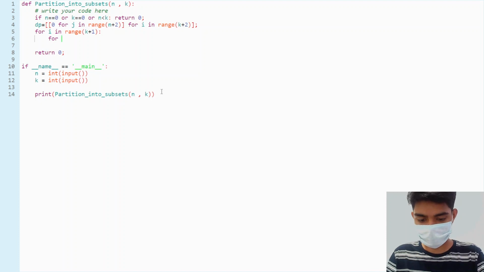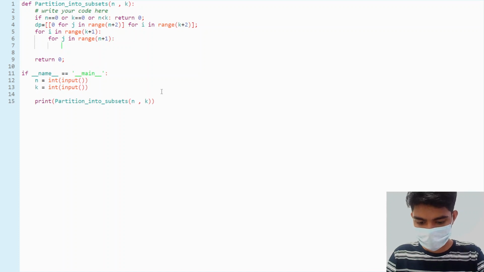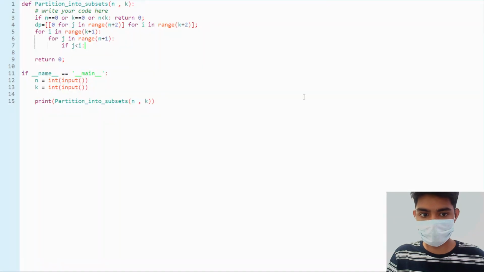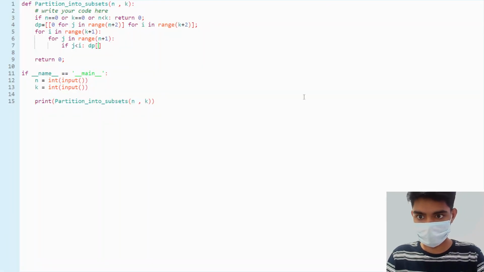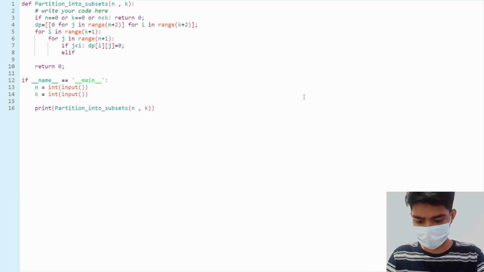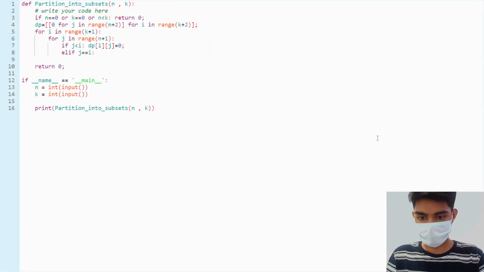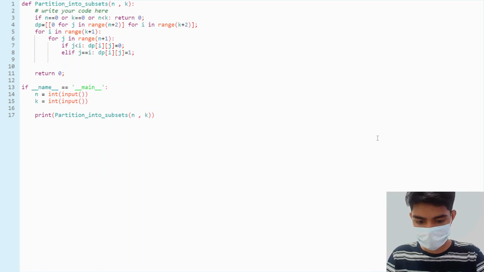So for i in range and for j in range of n plus 1, what we are going to do is check that if j is less than i, then I'm going to store 0 in my DP. So DP of i comma j is going to be 0. Else if j is equal to i, what happens? I'm going to store 1, so DP of i comma j would be equal to 1. And else,